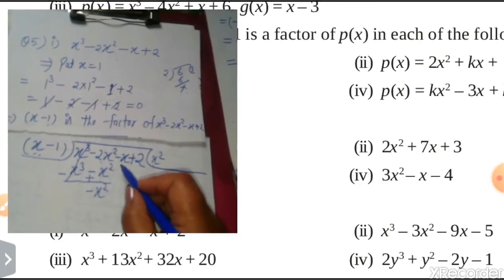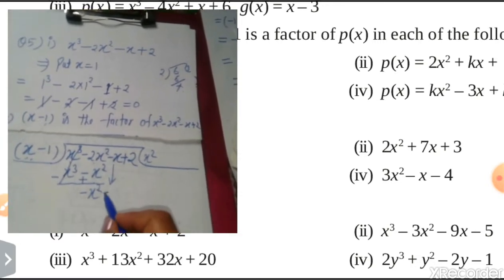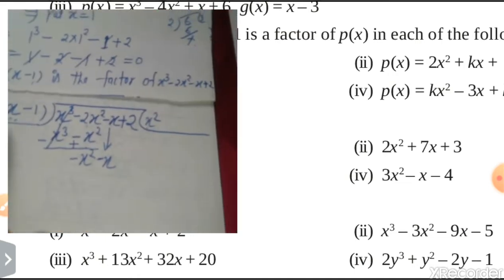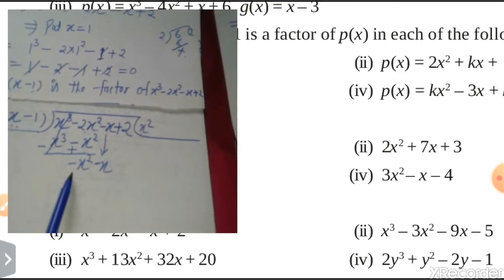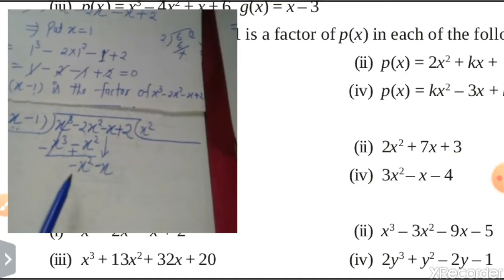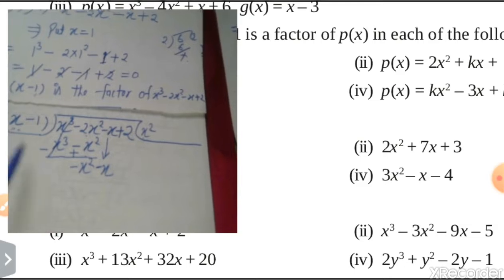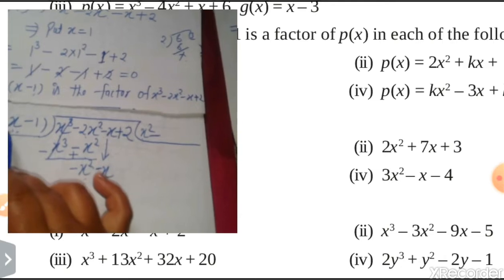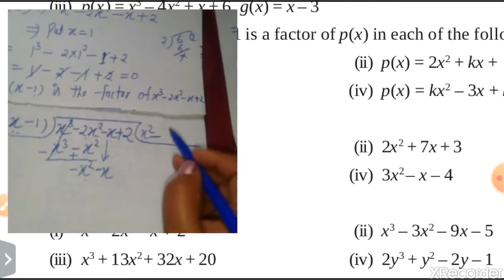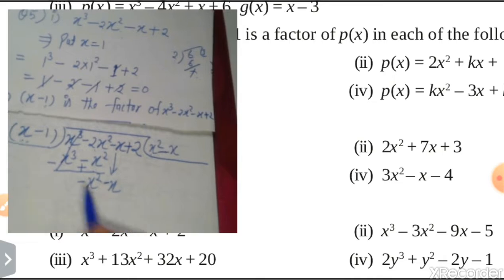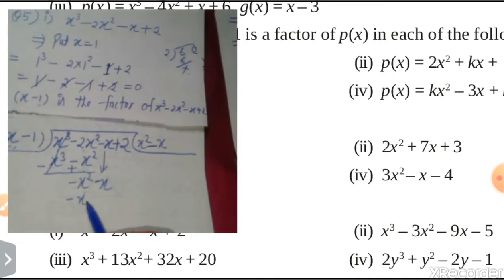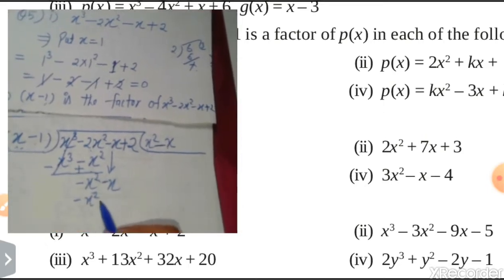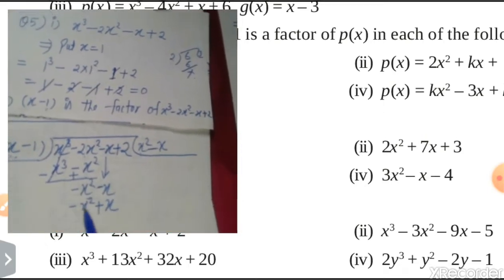Now for the next part of this question, we write down minus x. Now again the same process: we will multiply x by which number to get minus x square? First I need minus, so I will write minus here, then x square. Why? By which number will we multiply it? By x. Then x will multiply x, and it will become minus x square. And similarly minus x will multiply -1, and it becomes plus x.